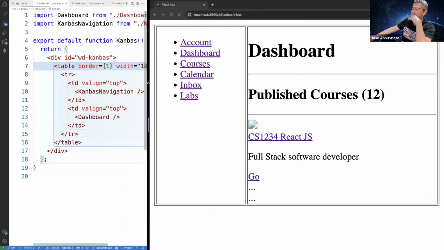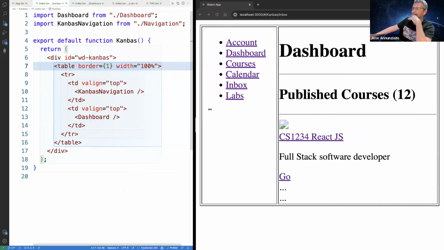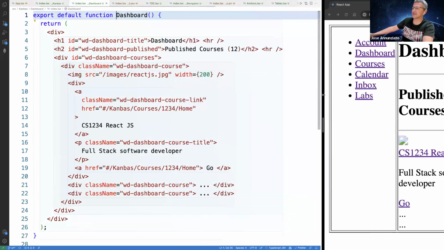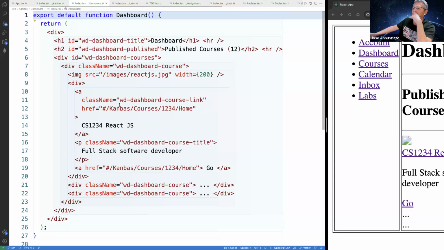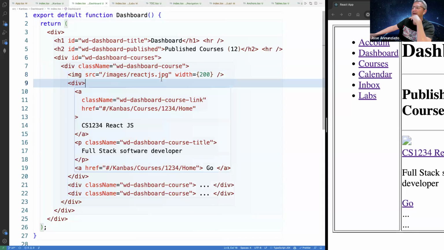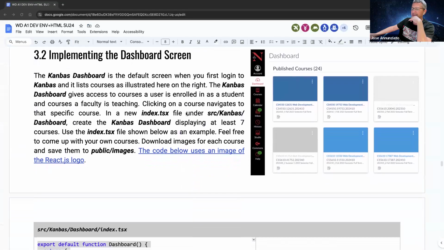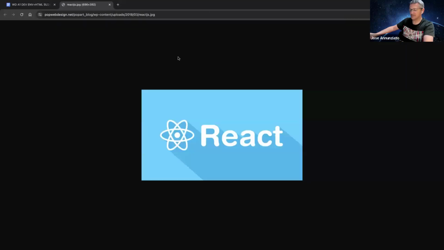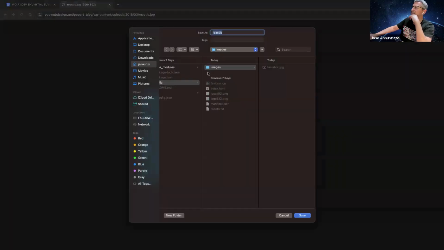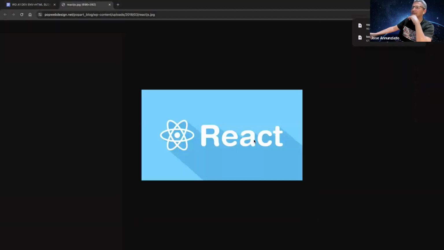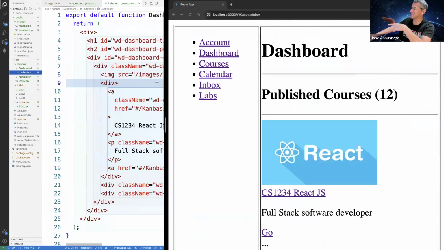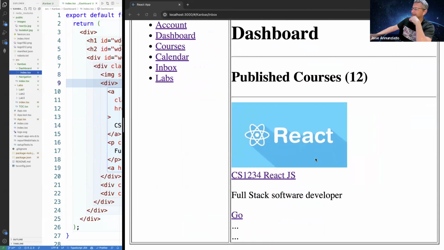Okay. Now notice that our image is broken in the dashboard, and it's this image right here. This image doesn't exist. React.js JPEG. I believe I've given you a link to the React.js logo here. You can go and visit it. It's right there, so you can save it. Let's save it to our local images directory, and we'll call it React.js. I'm not sure what the extension is. Let's see here. Okay, I guess I got it right. There it is, right? The React